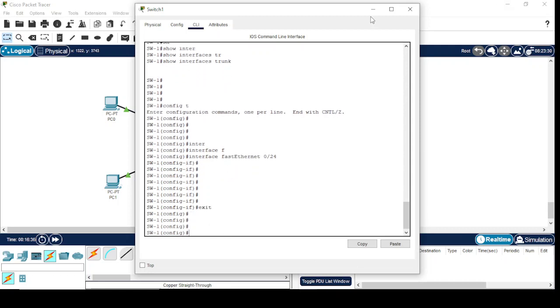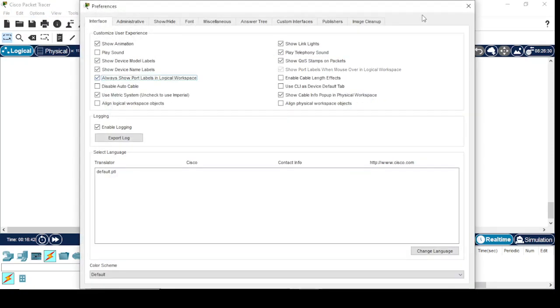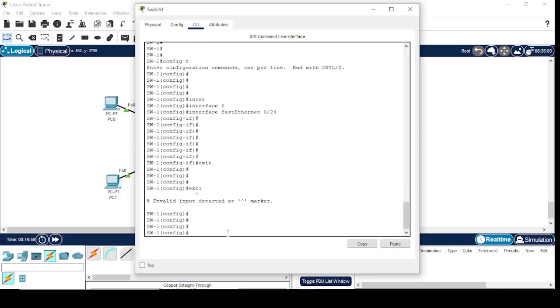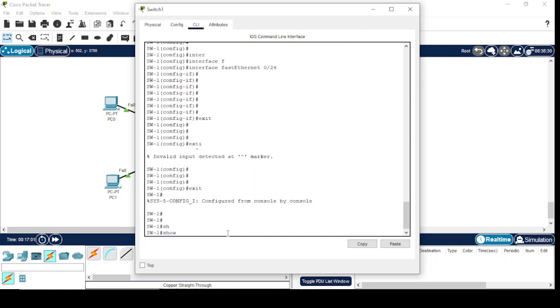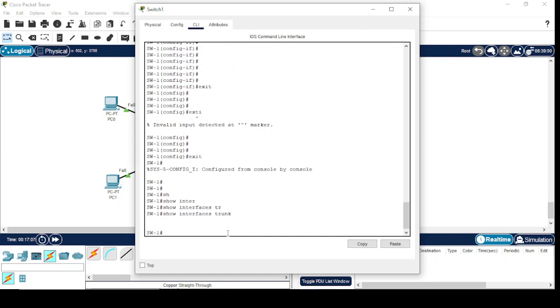Here you can see the port numbers being used. You can see that the two switches are connected with each other via gig 0/1. We will verify what is the status of this trunk link. Show interface trunk. Right now we are unable to see any trunk link between the two switches, or in fact on switch 1. Let's check the trunking mode of